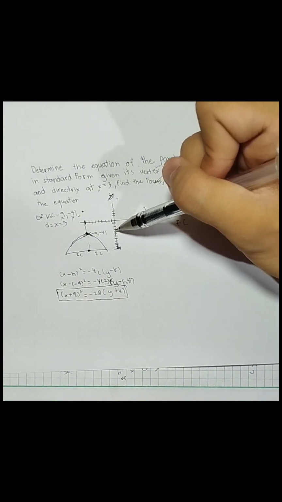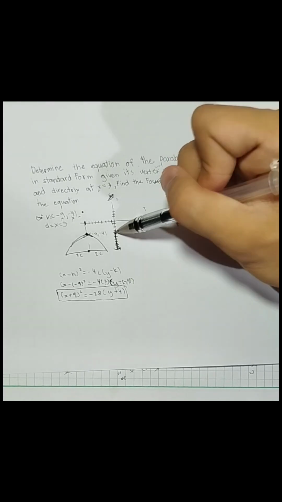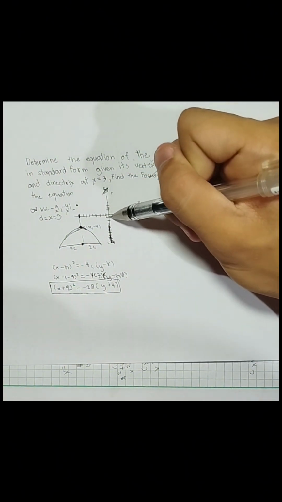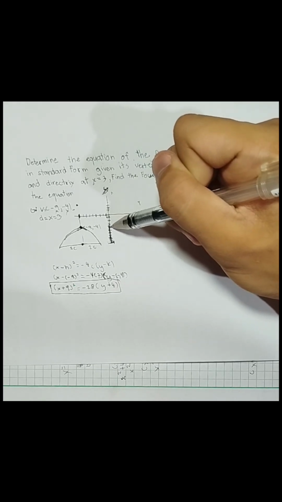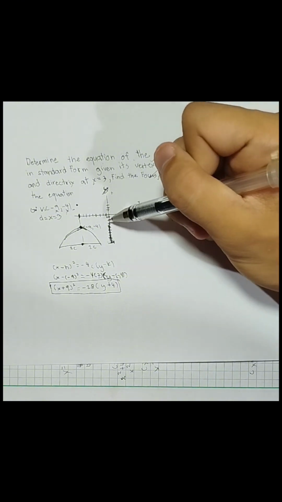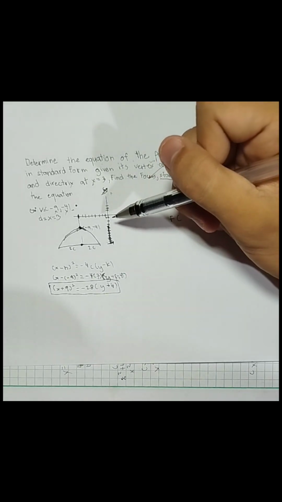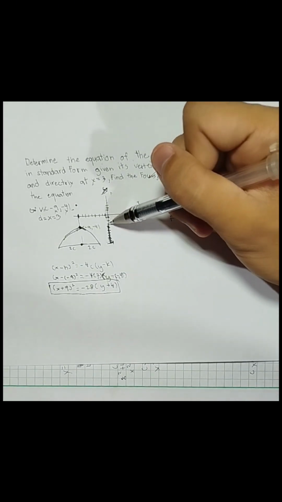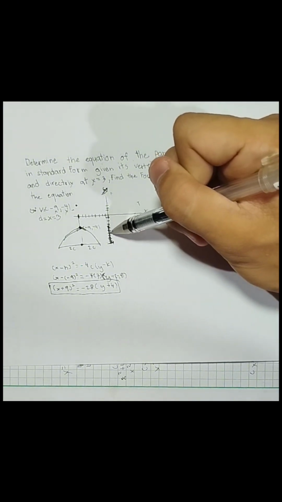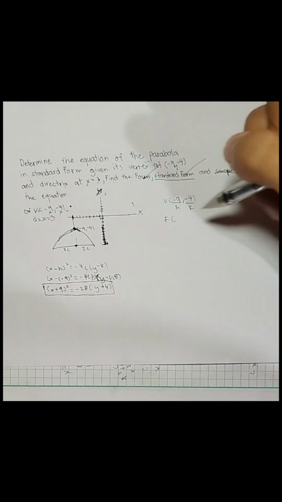Before, our focus to vertex is 7, so if we count here 1, 2, 3, 4, 5, okay, and if we count next to here 1, 2, 3, 4, 5, 6, 11. So our focus is at y -11,